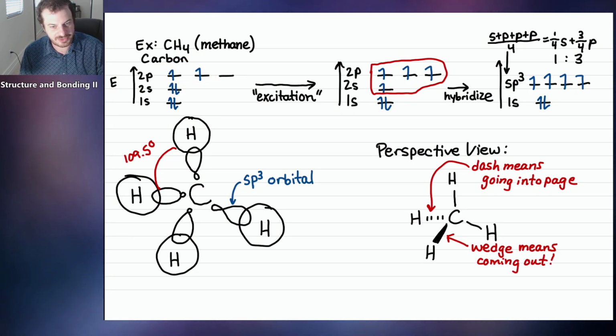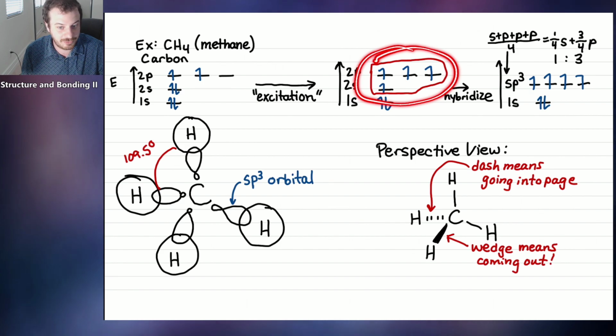So then the chemists thought, let's do an excitation. This is more of a mind trick rather than a chemical reaction. It's just a thought experiment. And they said, well, let's just say one of these electrons went up a level. That would free up and actually create the possibility for four bonds to be formed, because now that would make four partially filled orbitals, which could create covalent bonds.